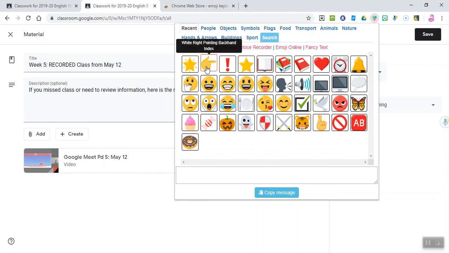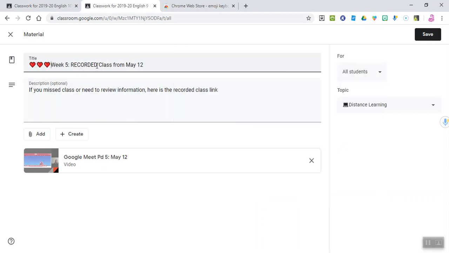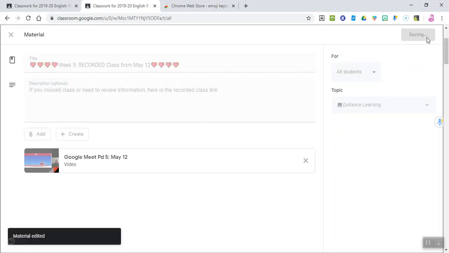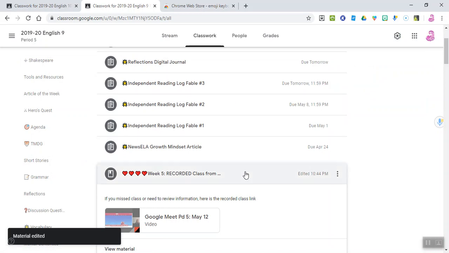I use the pointer finger to say pay attention or an exclamation point. I use the little books. The heart one is another big one I use. So let's just say you want to use a heart for something. You copy it and it pastes it there. So if there's something you want them to pay extra attention to, and then you just click save, and it puts